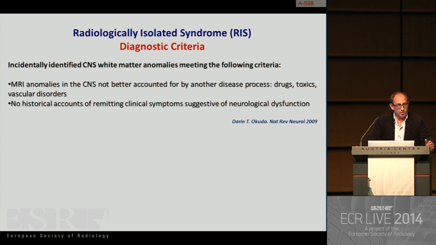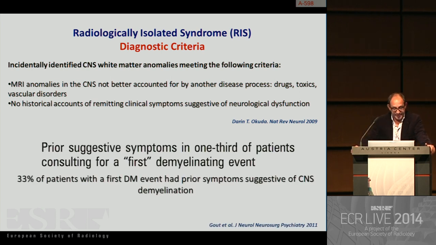About the diagnostic criteria, we always have to remember that these MR abnormalities that we detect in the brain cannot be explained by other diseases, drugs, toxins, or vascular disorders, and obviously we have to exclude any historical account of previous clinical symptoms that can be related to these lesions. This is quite clear, but we have to remember, for example, this paper showing that in up to 1/3 of patients with a diagnosis of a clinically isolated syndrome, if you make a careful clinical examination and a careful analysis of the clinical history, they in fact have previous symptoms suggestive of CNS